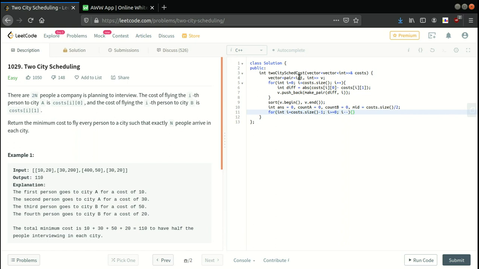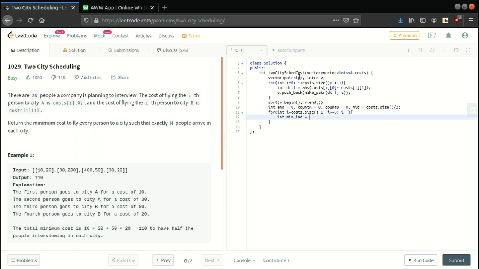Okay, and then now we'll find for a particular pair which index has its minimum value, either the 0th index or the first index. Okay, so basically which city has less cost.